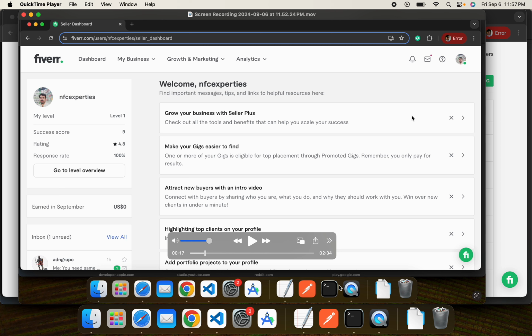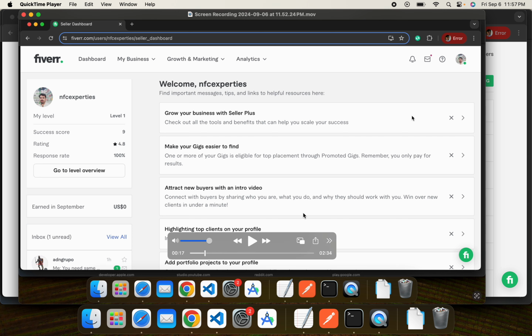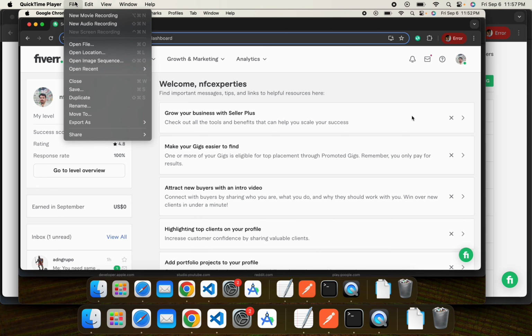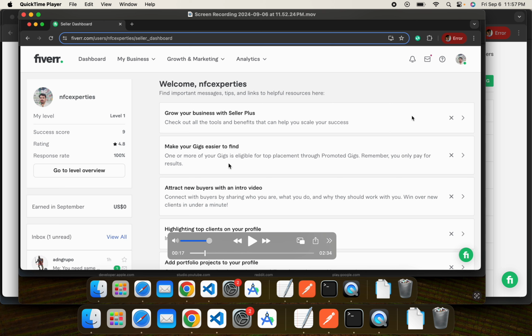I am going to tell you how to use QuickTime Player to trim your video. On MacBook, you can use it easily to record your videos just by clicking File and Record Screen. I am currently recording, so it is showing as disabled. So you can record here, and after recording you can